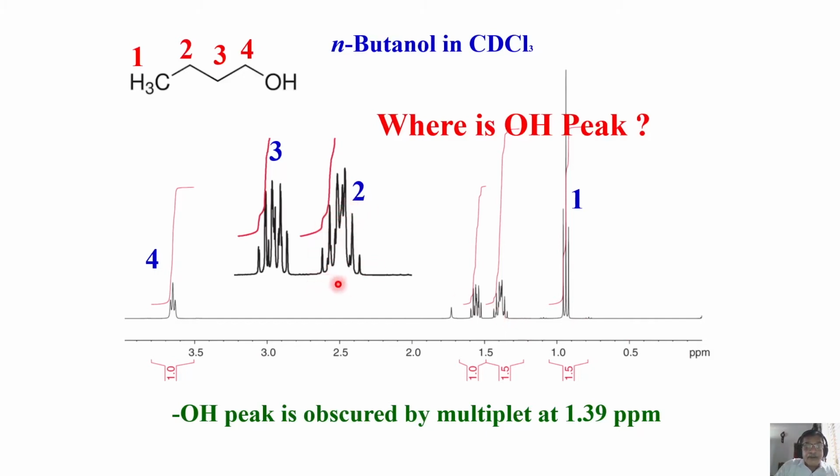Look at it. You can see a broad OH peak is below this. The OH peak gets broadened, and in addition to that, it is hidden below this peak. It gets obscured. Then how do you know it is OH? How do you get that out? You will not get it out, at least. You must be able to say the OH peak is there. How do you do that? There are certain tricks adapted for this.